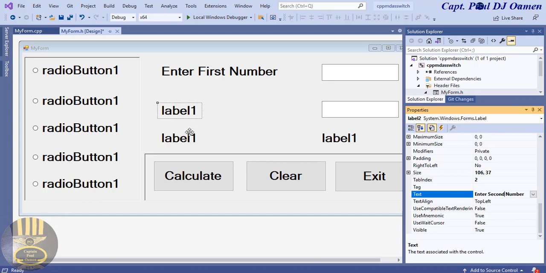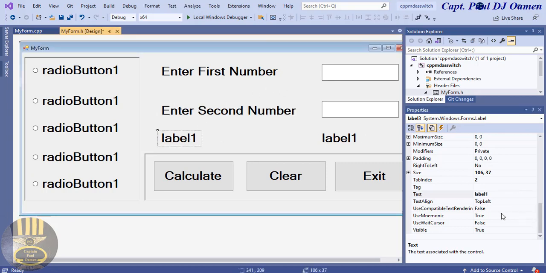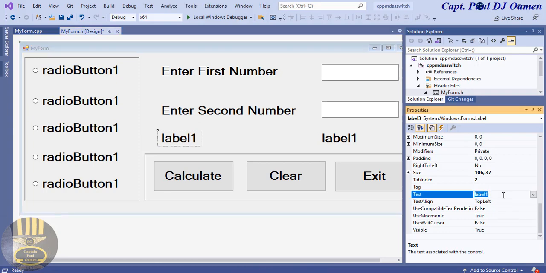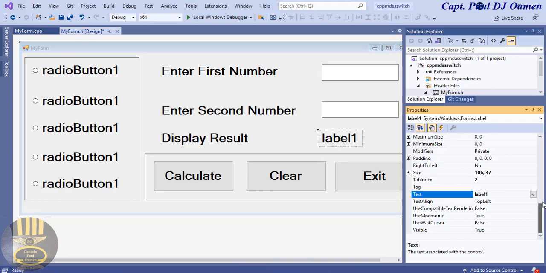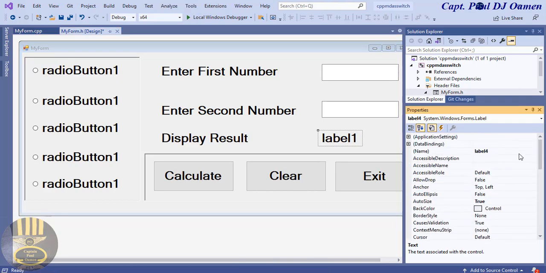And here I'm going to change this one to display result. Okay, and this label here, let's change this label to LBL display,